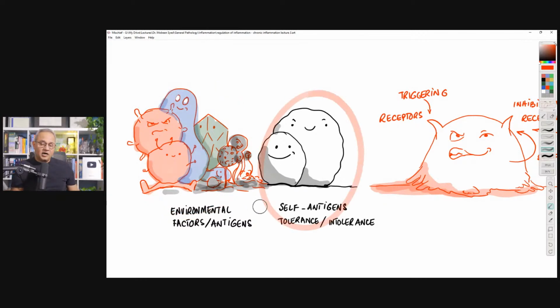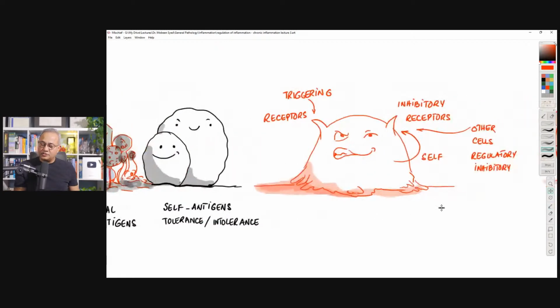Second, our tissue cells, our self. Interestingly, the self is also called antigen. For our immune system, just like for a hammer everything is a nail, everything is an antigen. It is going to attack everything. However, for our self, we specially train it to be non-responsive to us, or to be tolerant to us. And when that tolerance breaks down, that is also when chronic inflammation would occur.